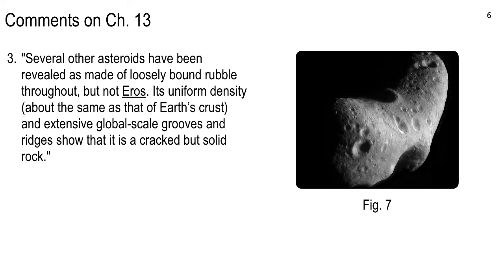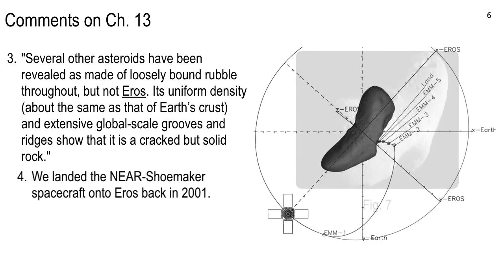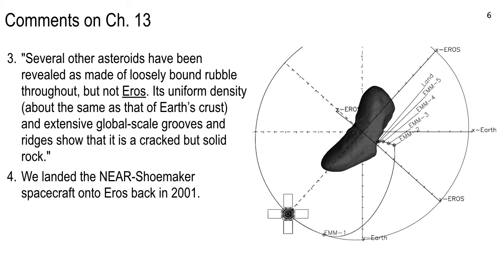Now the Eros asteroid, we've studied the you-know-what out of it, and we know a lot about it. Matter of fact, we even landed the NEAR Shoemaker spacecraft on it back in 2001. And by God, it still worked. It wasn't designed for a soft landing, like these rovers that we put down on Mars, where we try to make it as soft a landing as possible. Sometimes it doesn't land very soft and we lose the spacecraft.